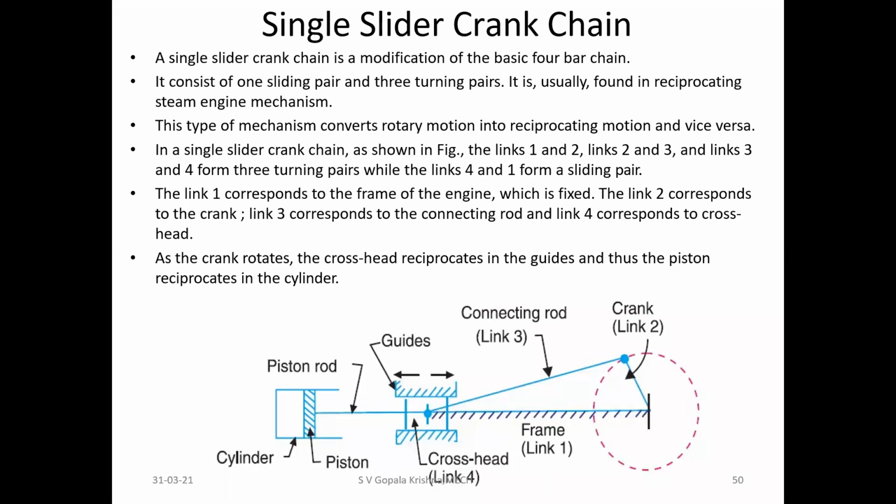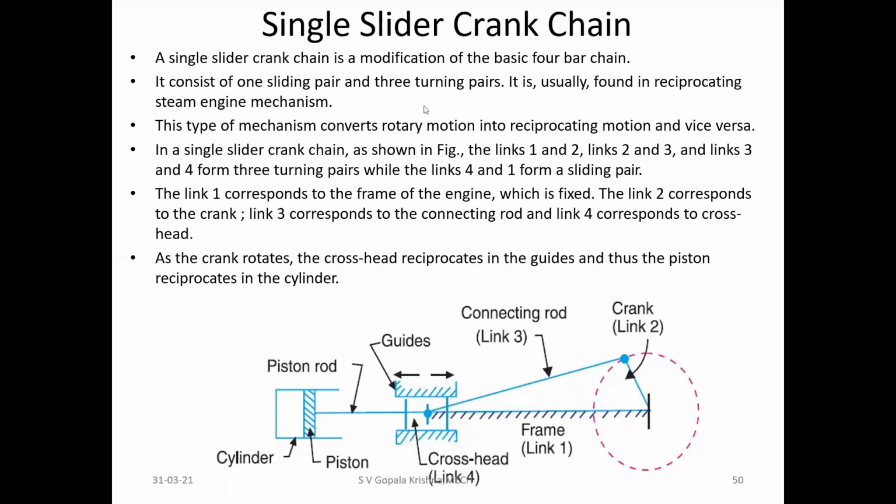We have already discussed the statement of Grashof's law. That is, the sum of the shortest and longest link lengths is less than the sum of the other two link lengths. So that is Grashof's law. When you follow that particular statement, then it belongs to the class one mechanism. Which type of mechanism it is depends upon that particular statement.